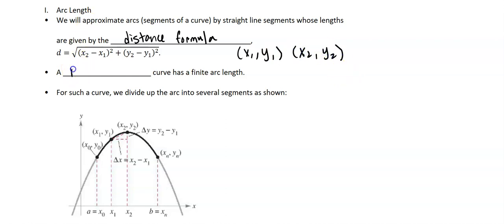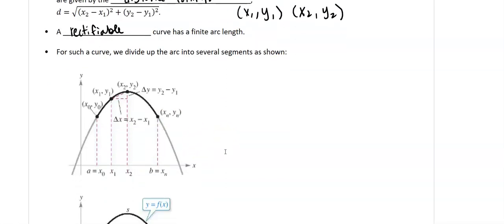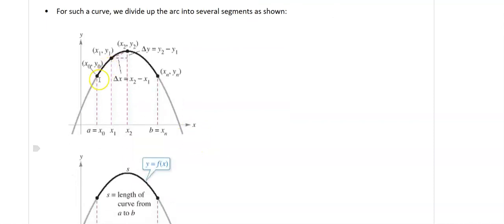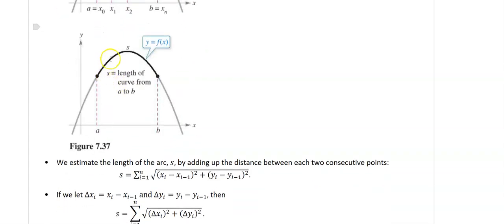And a rectifiable curve, which is the type that we are going to be looking at, is one that has a finite arc length. It's measurable. So if you were doing this, just practically speaking, you might take a string and cut it along the curve and then measure the string. But we want to be able to do it in a little bit more sophisticated manner using calculus. So basically, you can think of all these little disjointed line segments, and if you were to approximate their length and add them up together, you would have approximately the length of the curve. So if we divide it into approximately n line segments and we sum up their distances,